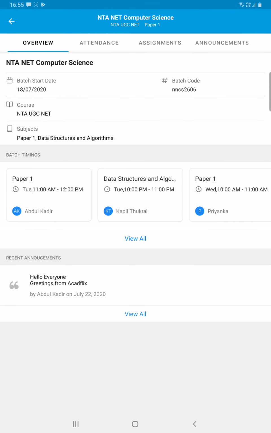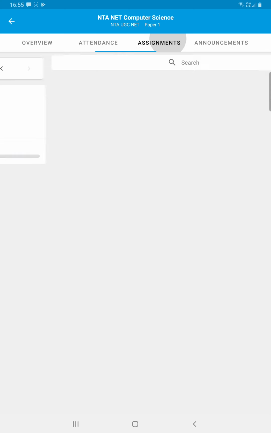Once there is a class, the timing of the class will be communicated to you. For example, we have classes on Tuesday, Thursday and Saturday from 6 p.m. to 7:30 p.m., and Monday to Friday we have classes from 8 to 9 p.m. Once you log in to the application, you will get a Join Now button. Click on that button and you will be in the class, so you can attend the live classes. There you can find the announcements and all the other things.